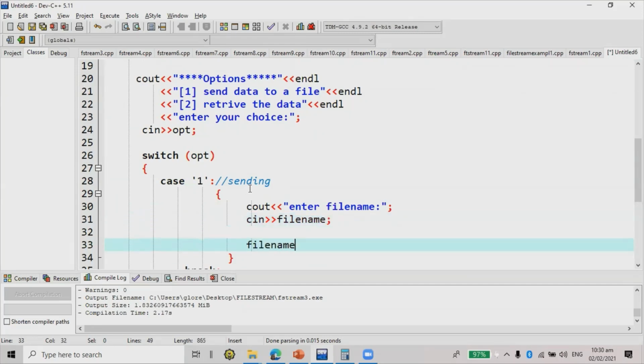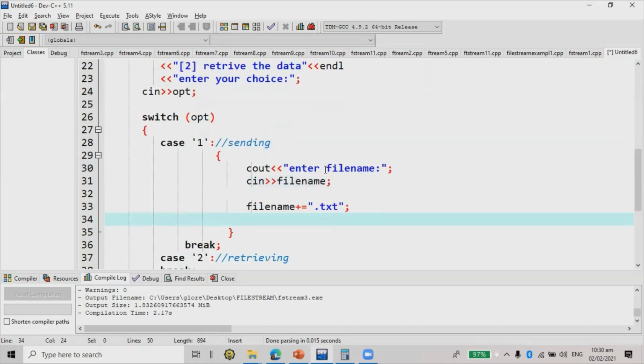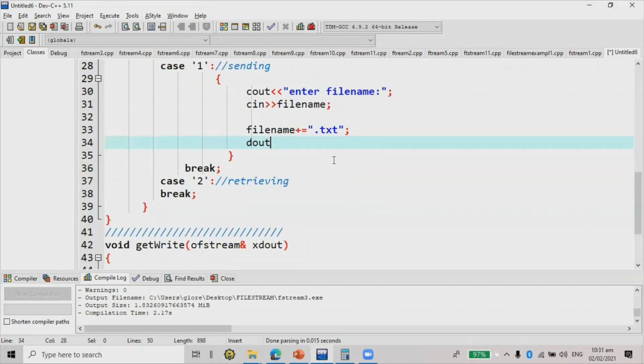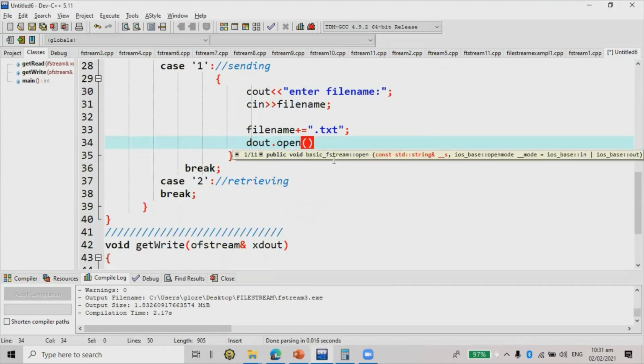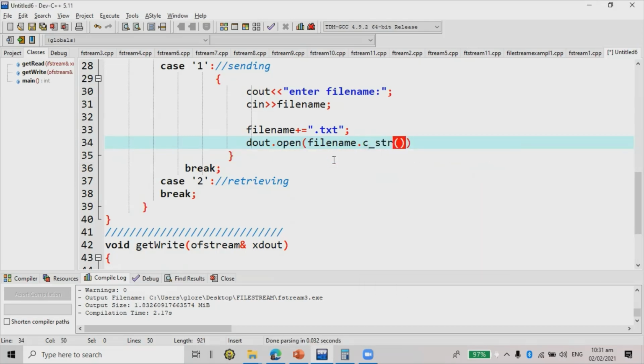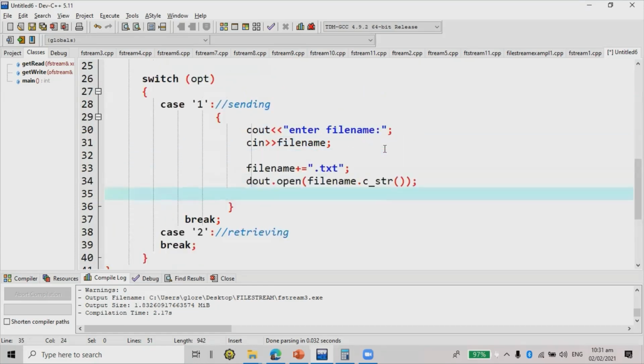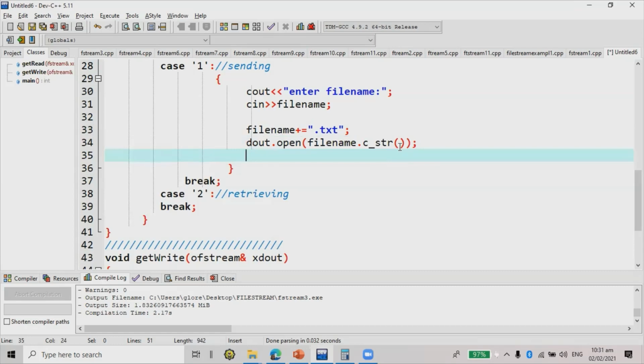Then file name plus equals .txt. Okay, so once we already concatenate the value, let's open using dout. So dout.open, and then we have to use file name.c_str();